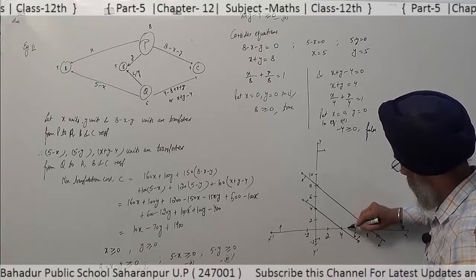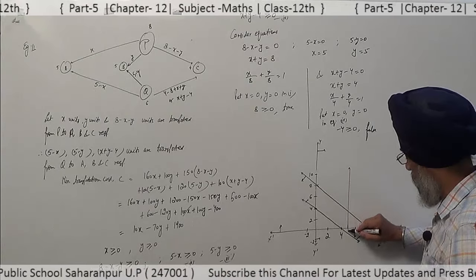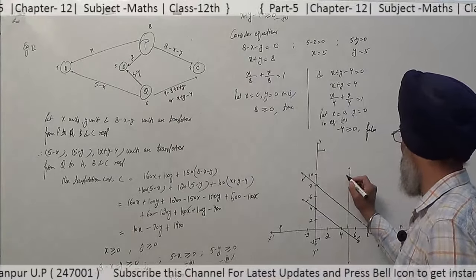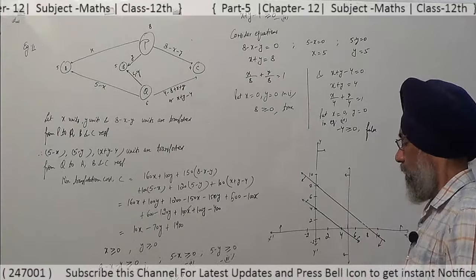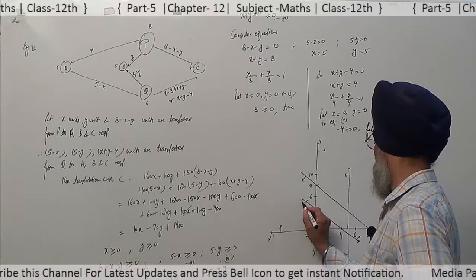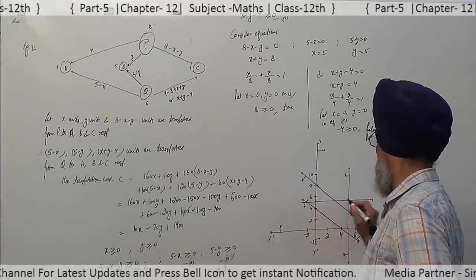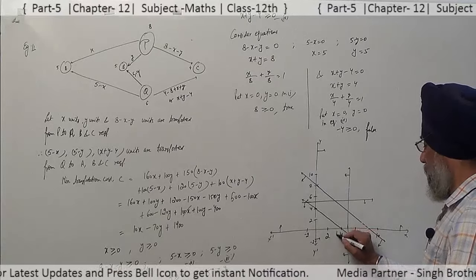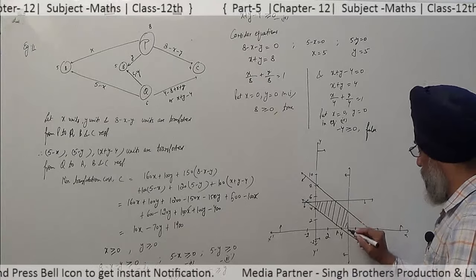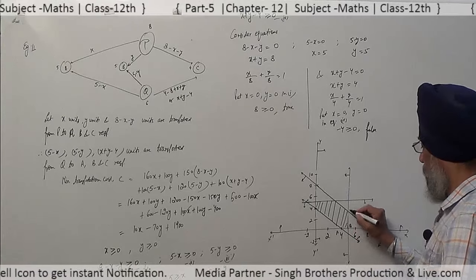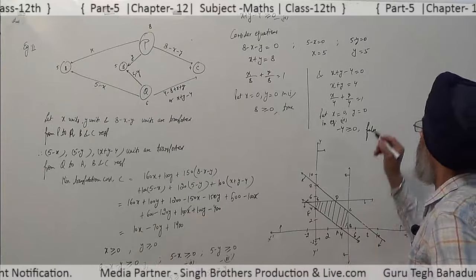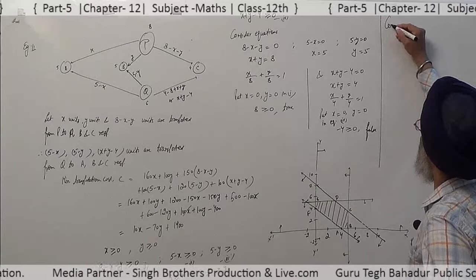5 is here. If we solve it, x is less than 5, this side less than 5. Then y is also less than 5, 5 is here. So the region is here, A. This one is the feasible region, or you can say the common shaded region here. This is B, C, D, E and F. A is here.